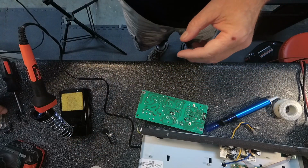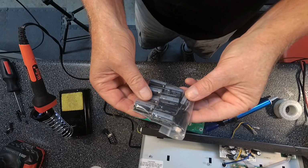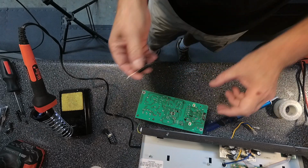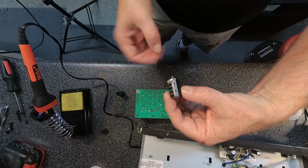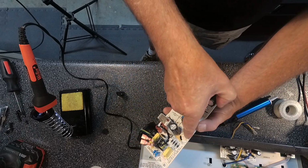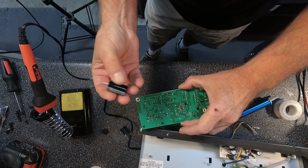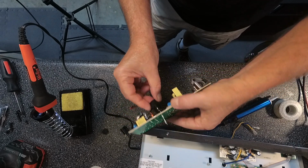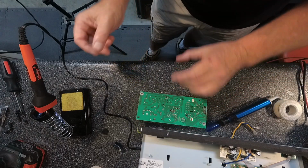So now what we did was we went on Amazon, and for $8 I got a 10-pack, because we only need one. Now, one thing that you are supposed to do is, you notice on this cap you've got a negative sign. So when you pull this thing out, you should remember which one went where. Well, it just so happens that on the side of this thing it has a plus sign. So what we want to do, that's how it's going to go on. Just like that. Okay, now with that on,